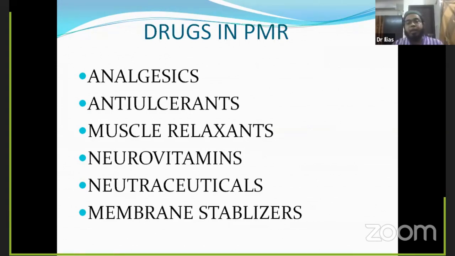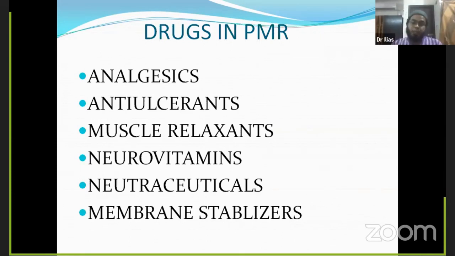Whenever there is damage of the myelin sheath, whenever there is compression producing damage of the sensory part of the neurons, or whenever there is damage of the motor part of the neurons, ultimately there will be various kinds of destruction within the neurons. To recover from this kind of destruction, we must prescribe the alpha lipoic acid. That is one kind of essential fatty acid. Whenever we prescribe alpha lipoic acid along with the neurovitamins, the regeneration of the neurons will be much more.